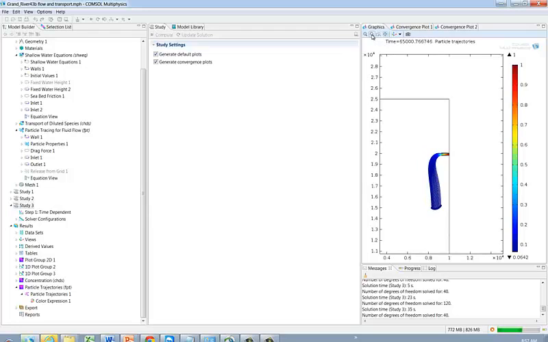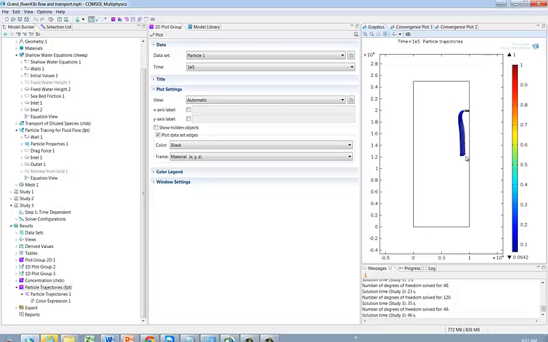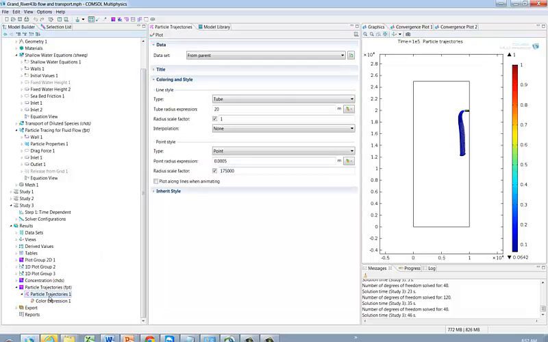This is using the shallow water equations, and so you can see the particles moving down. These are the particles right here that were released at the beginning of the model. For the plots, we can go and adjust a variety of things. These lines here are tubes,